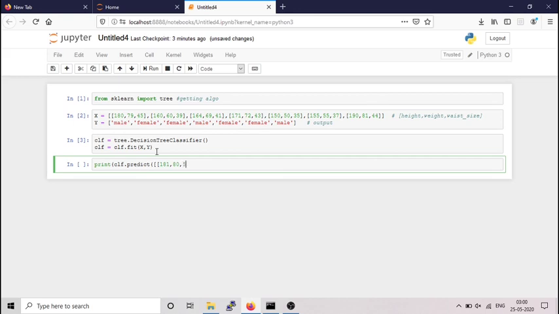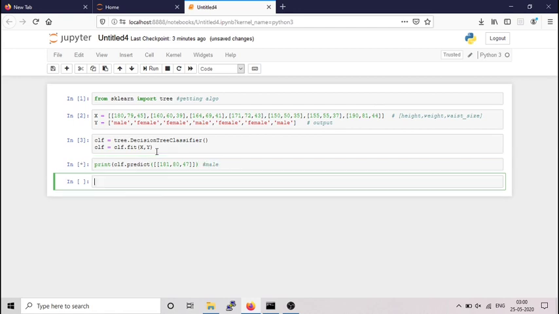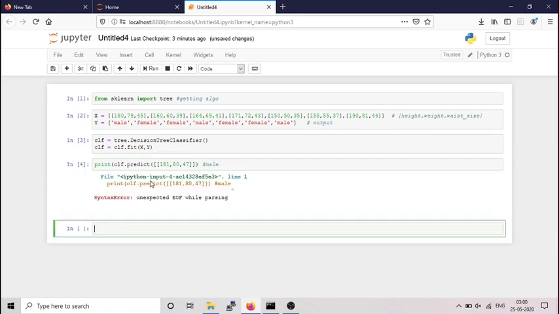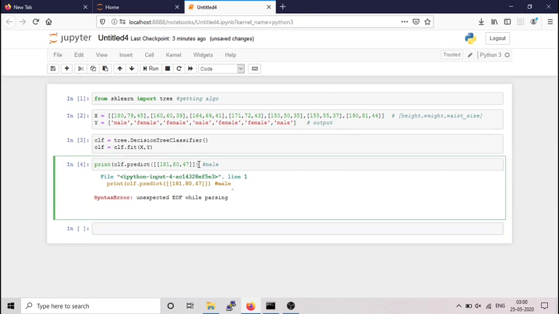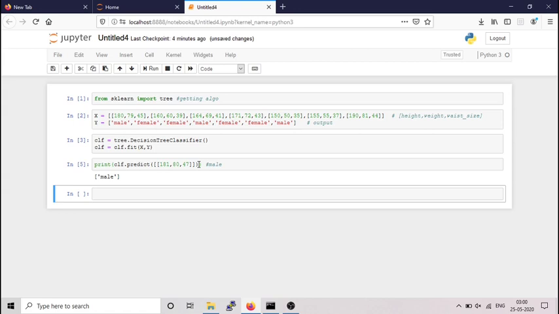Let's call the waist size 47. Now let's run this. I think it should be male. Okay, we got an EOF error. Oh, we missed a parenthesis here. Oh, it says male.